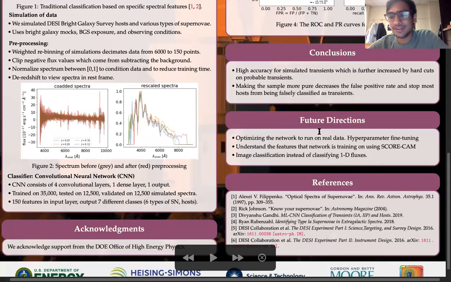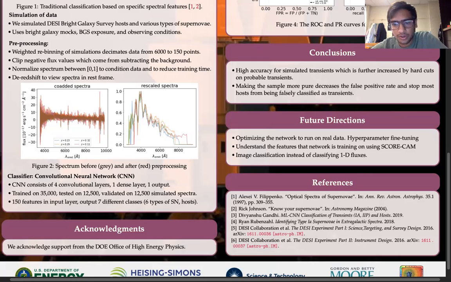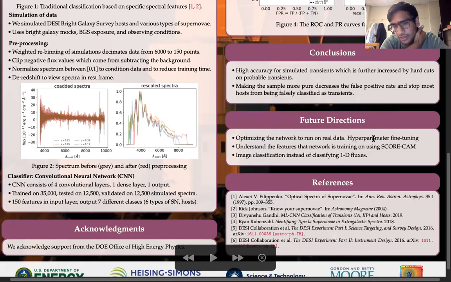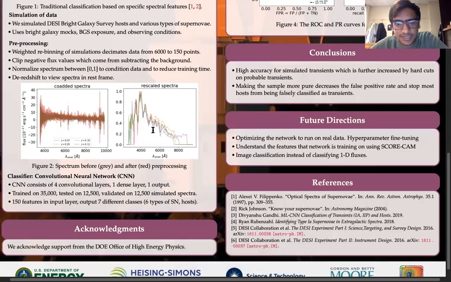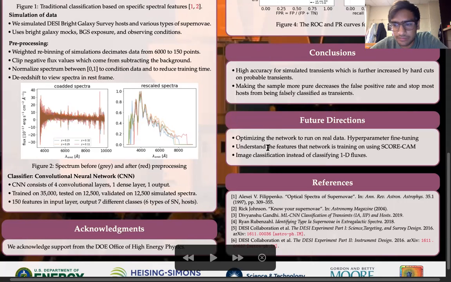So what are the future directions that we are looking at? The first and immediate thing that we are working on is optimizing this network further, especially when we have 7 classes. And we want to improve from the 70-80% that we have. Something we are working on right now is hyperparameter tuning, because, as I said, these networks learn on themselves, but you do need to supply some initial conditions that are called hyperparameters. So we're trying to fine tune them.